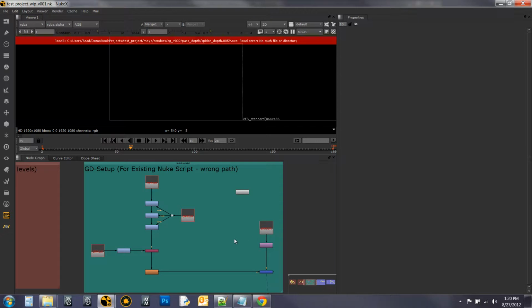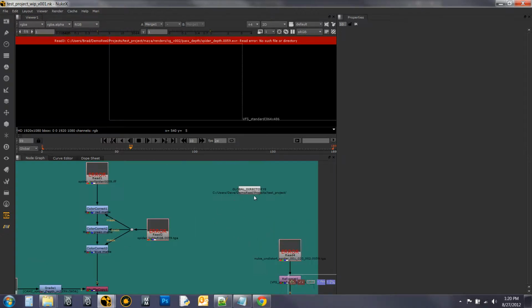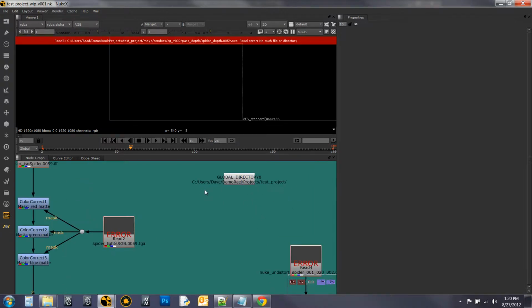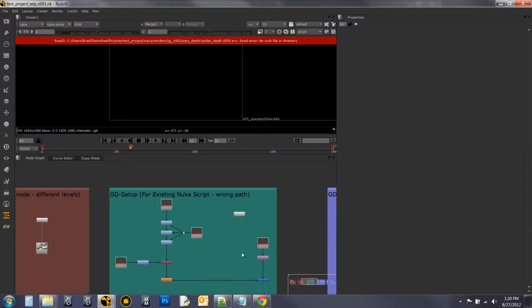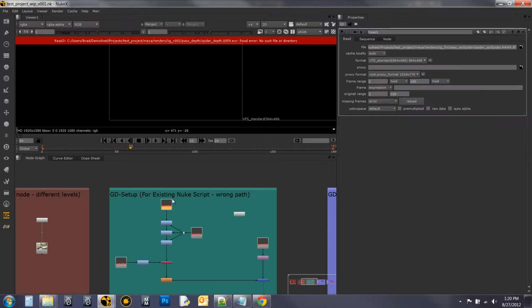So you've got only two options here. You can inject manually into every one of these your global directory node, which I've created here already. This is looking at C drive, users, Dave, demo reel, projects, test project, and these files are located in C drive users Brad. So by default it will not be able to associate these. We actually have to tell Nuke where these read files are now located. However, instead of doing one at a time by double clicking on our image and changing it, it's beneficial to instead create this global directory node and select all the read nodes you want to fix,